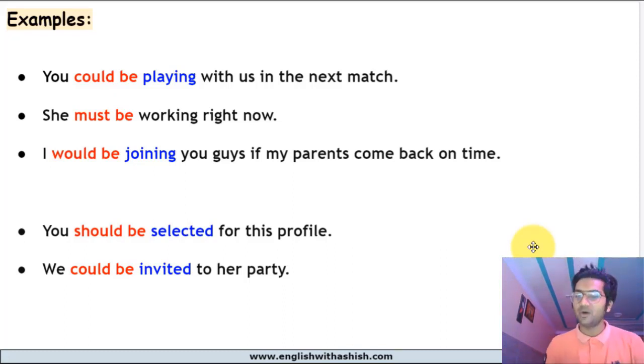Now we know what a helping verb is, the different types of helping verbs, how to use them, how to identify them. We know everything about them. And always remember, after the helping verb, you're going to have the main verb, an action verb. If nothing is coming after the helping verb, that's not working as a helping verb, that's working as a main verb. All right. You should check my lesson on main verbs, right? You learn the difference between main verbs and helping verbs as well.